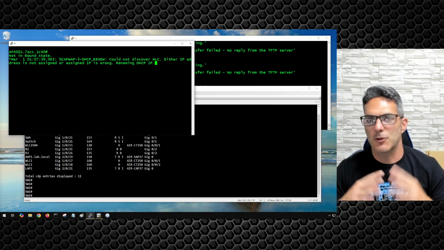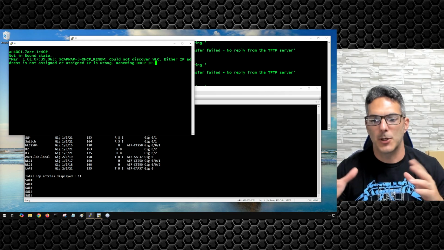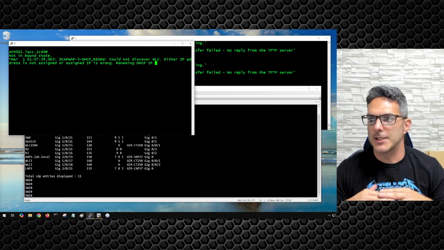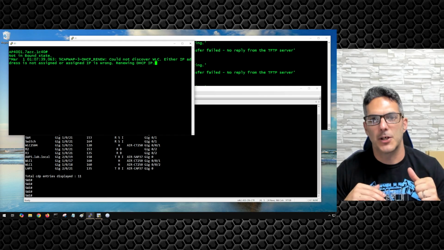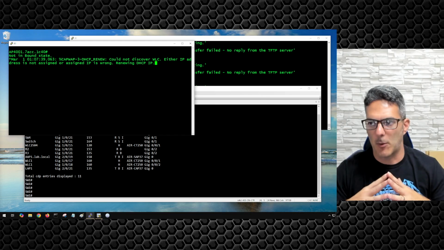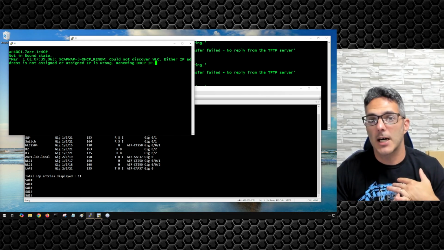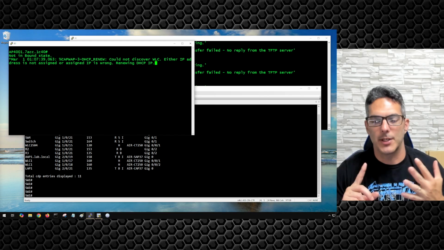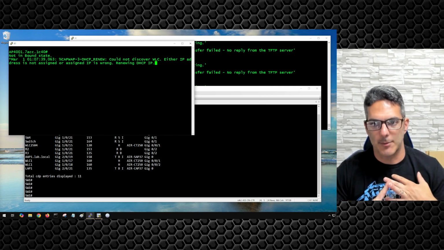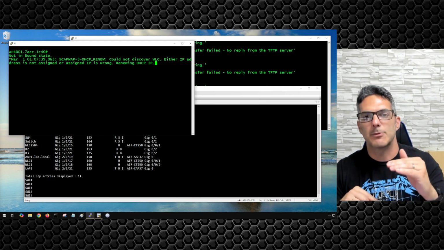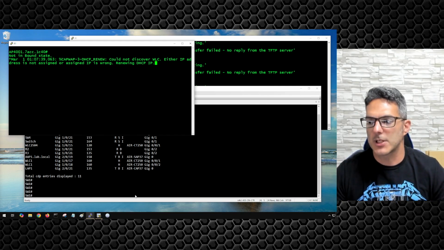The first thing we have to do when we go to set this stuff up is configure the controller and the access point to be on the same network. We also have to make sure that the time between the access point and the controller is set appropriately. Now there's individual steps for each one of those, but the first thing that I want to go through and do is